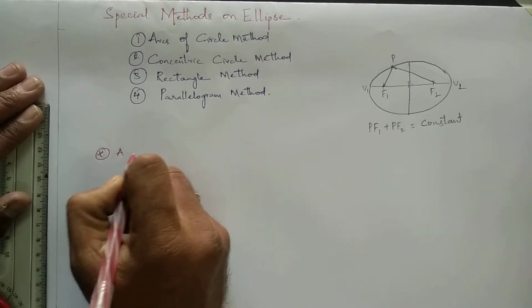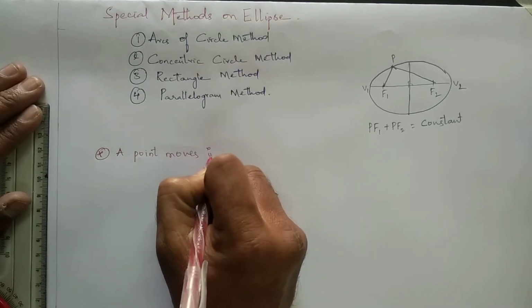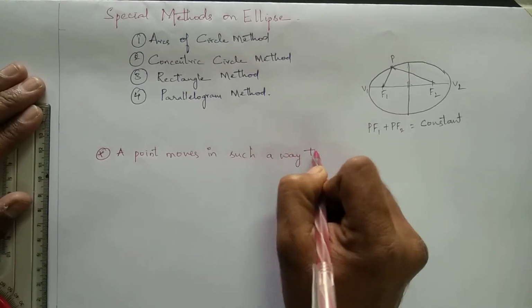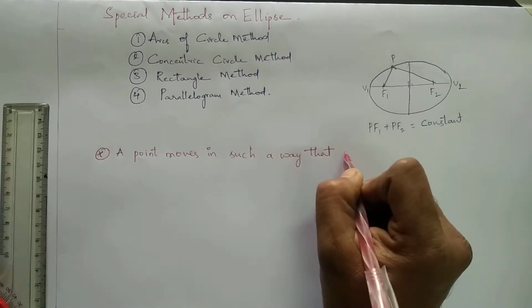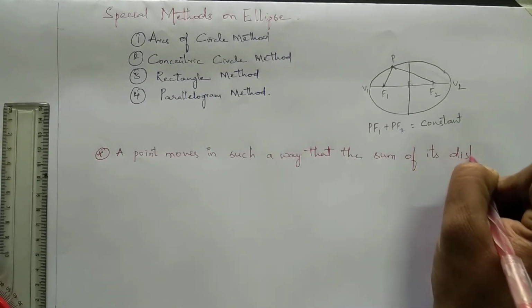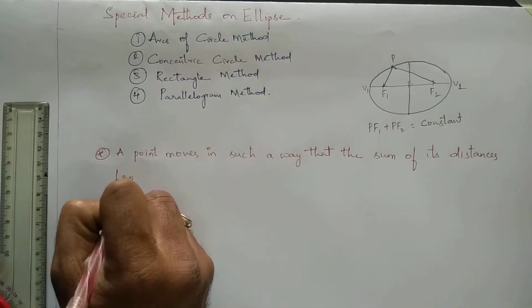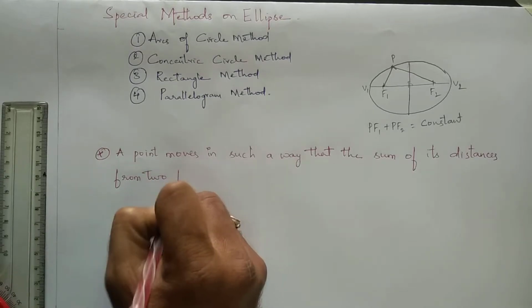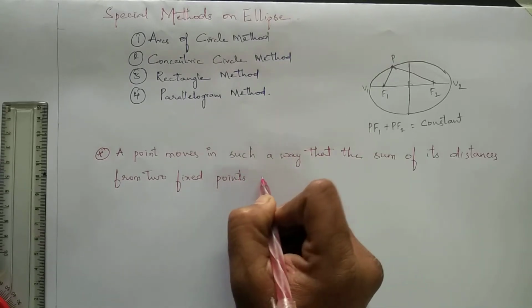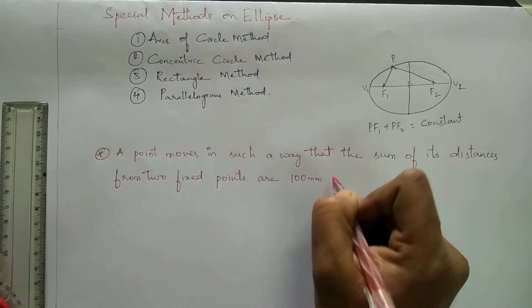A point moves in such a way that the sum of its distances from two fixed points that are 100 mm apart